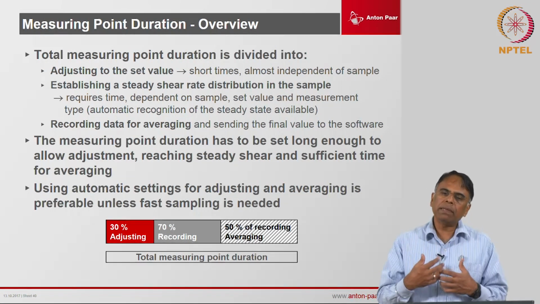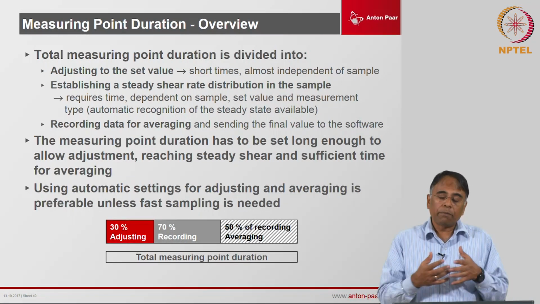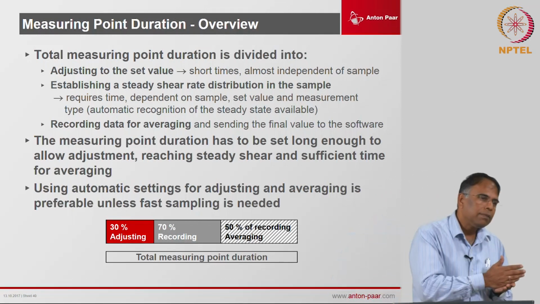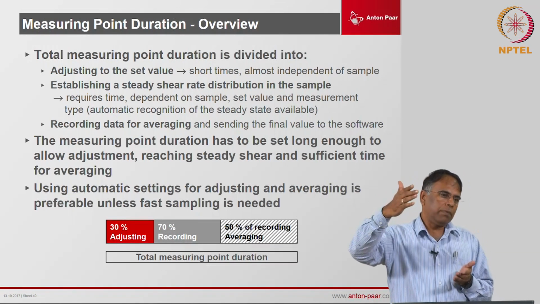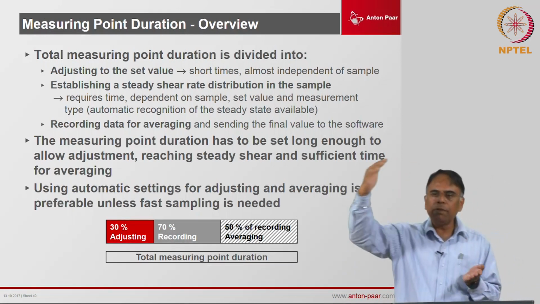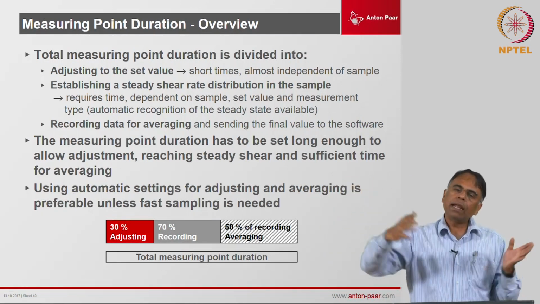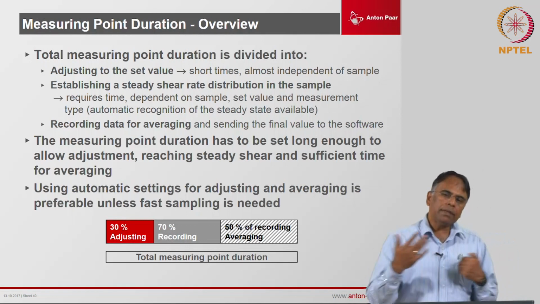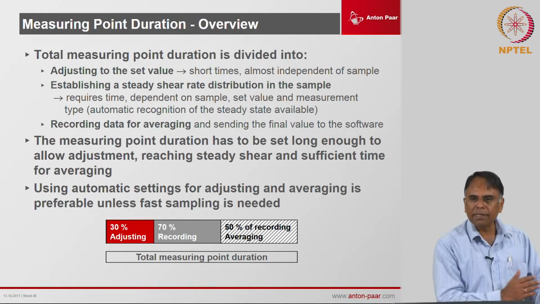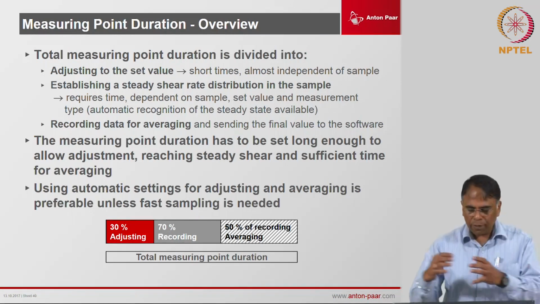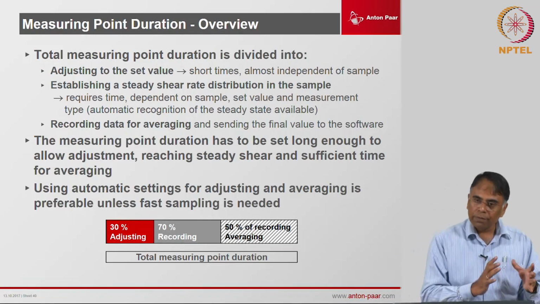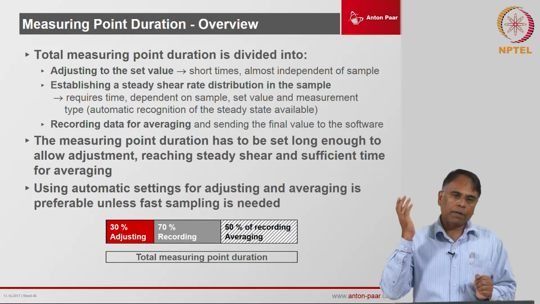This has to be considered when you are measuring specific experiments, but of course, many times you would like to measure transient information. You would like to understand, let us say, if I am applying a shear rate of 0.01, what is happening from 0 to achieving 0.01. That you can also measure; that is the transient information. In that case, when you are doing transient experiments, you can take away this adjusting time, you can put the averaging time to 0, and just use only the continuous recording.